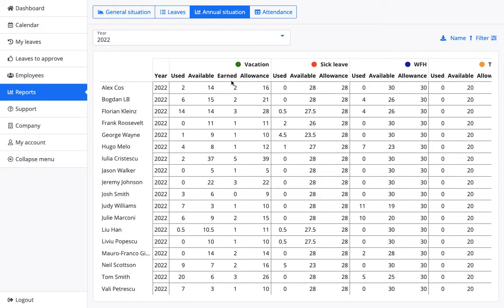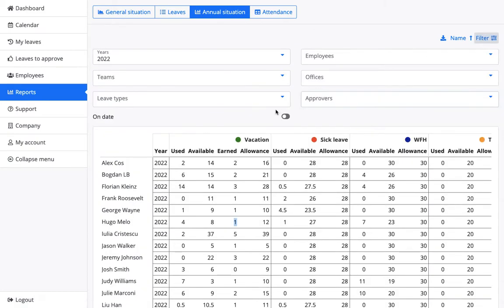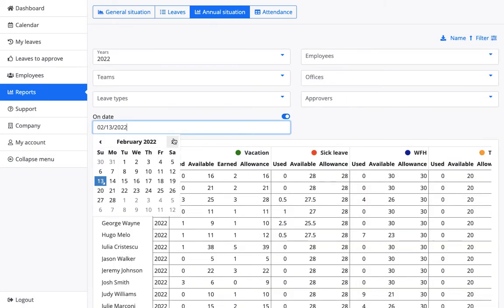Recently, within the system, we have added earned allowance. So, earned means the number of days accumulated or prorated since the beginning of the year up to the day right now. And I like to make a specific example. So, if this employee, Hugo, has 12 days per year, 12 divided by 12 months means 1 day per month. And we just have entered into February. So if we go for the